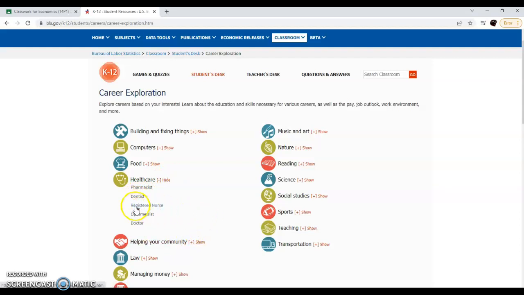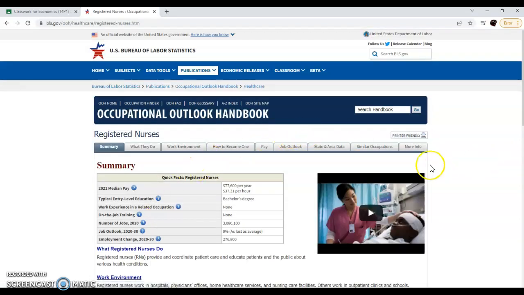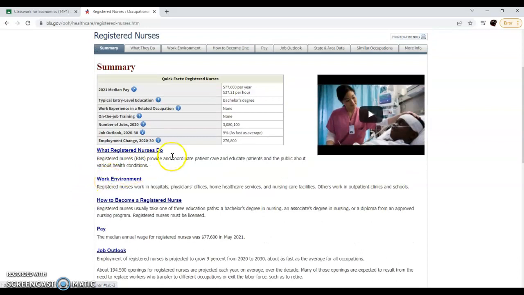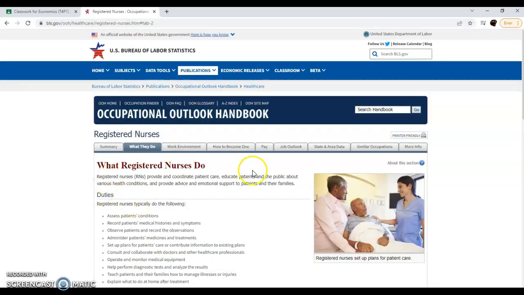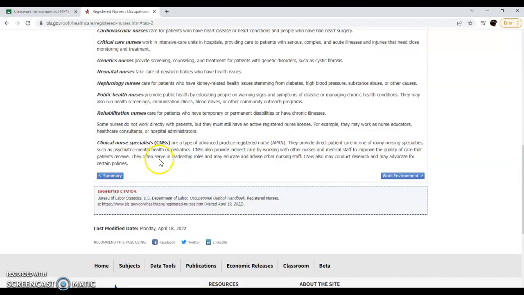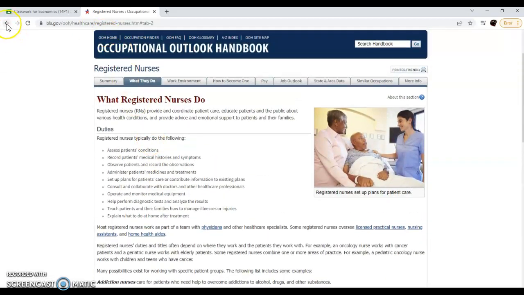Now you have the registered nurse tab, and I'm going to click on it, and it's going to show you basic information such as the quick facts of salary and the educational level of those individuals, the number of jobs in the year 2020. They also have the tabs across that are the same as these down here. So if you want to know what a registered nurse is doing, you will read the duties and such. I'm going to click back so that you can see